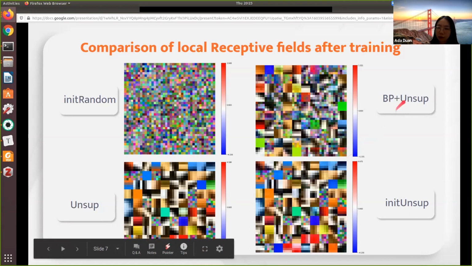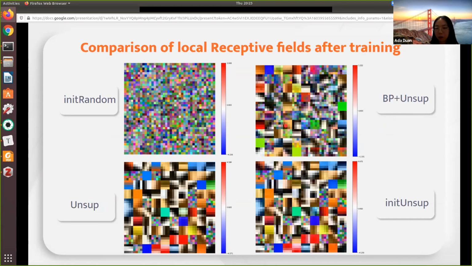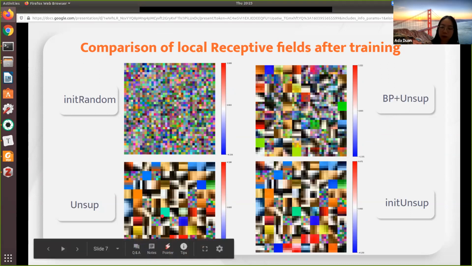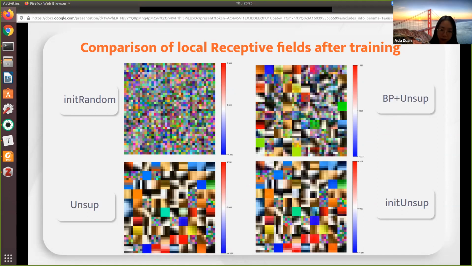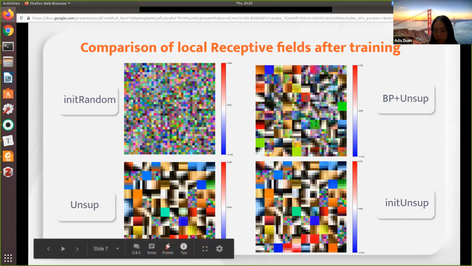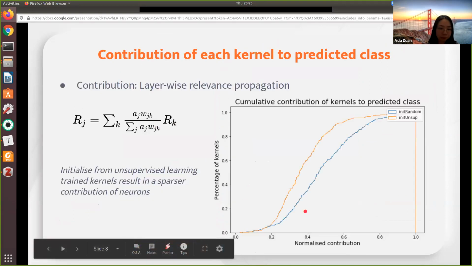And so if we use the combined learning rule, we get receptive fields that look like a mix of the random weights from the backpropagation and the structured weights from the unsupervised learning. Because there are also these more random looking kernels that are not fully trained by the unsupervised learning rule, let's have a look at whether there is a difference between the usefulness of the random kernels and the structured kernels to the classification.